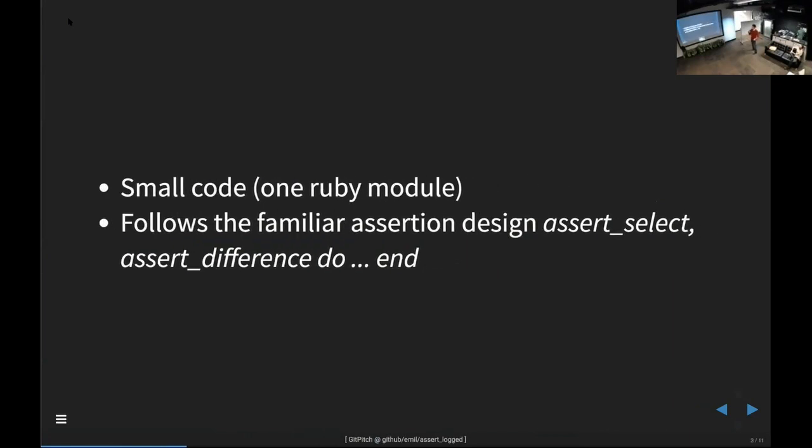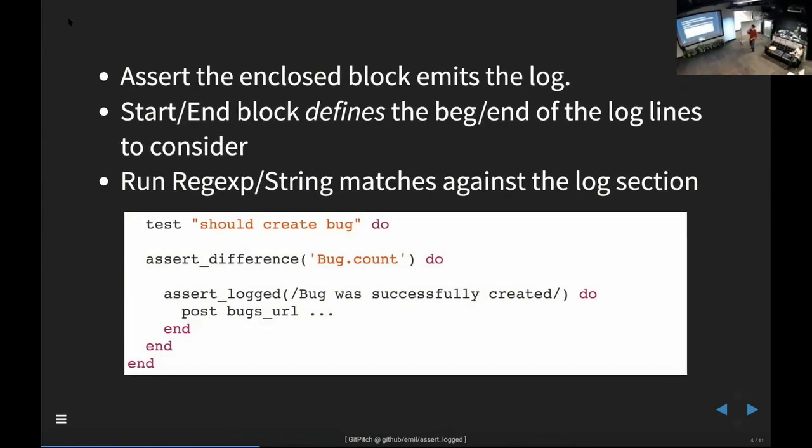It's basically very small code, one Ruby module. It's not a gem, it's not heavyweight, and it follows a familiar assertion design: assert_difference, assert_select, and so on. So as you can see, here's one small test. And by the way, all that code is available in that repo that I showed in the first slide,